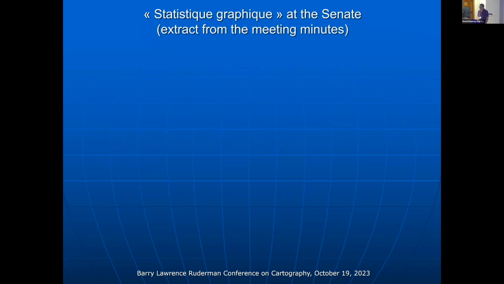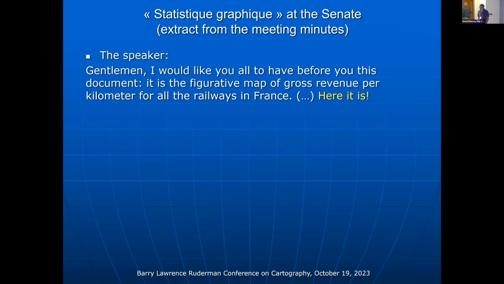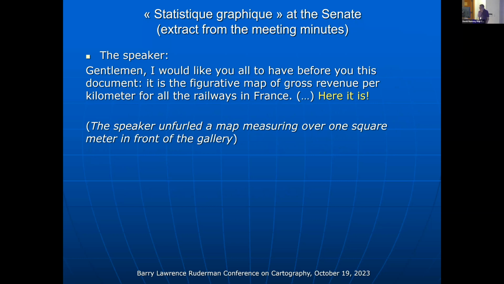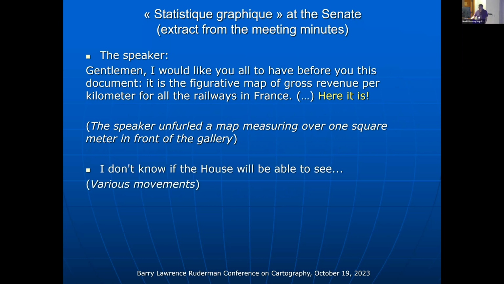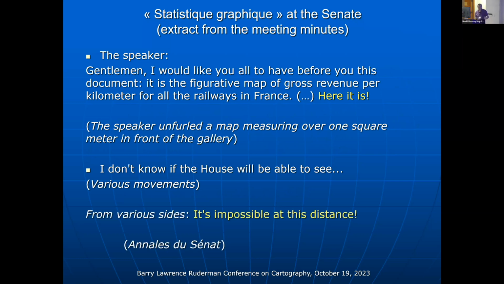The speaker: "Gentlemen, I would like you all to have before you this document. It is a figurative map of gross revenue per kilometer for all the railways in France. Here it is." The speaker unfurled the map measuring over 1 square meter in front of the gallery. "I don't know if the House will be able to see various movements from various sides. It's impossible at this distance. Come for the Senate, the proceedings of the"